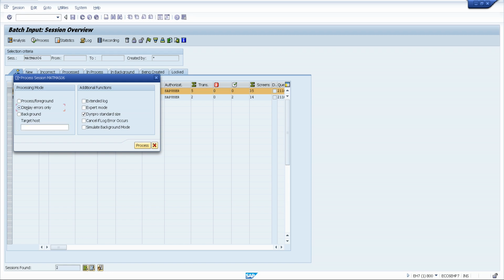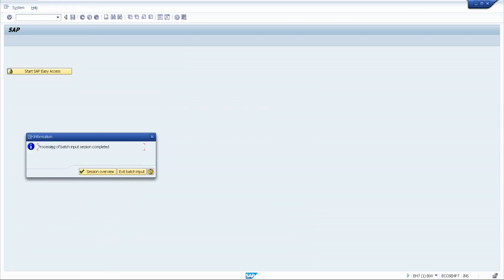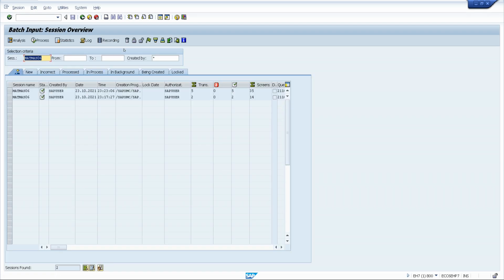We make sure to select display errors only. Then in additional functions, extended log, expert mode and Dynpro standard size. Now it is processing. Now the processing of the batch input session is completed. Now this is the overview.